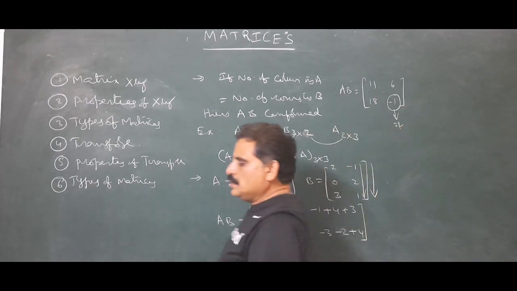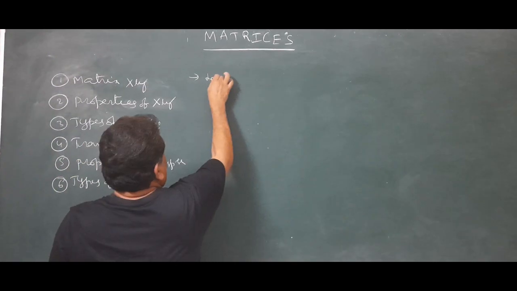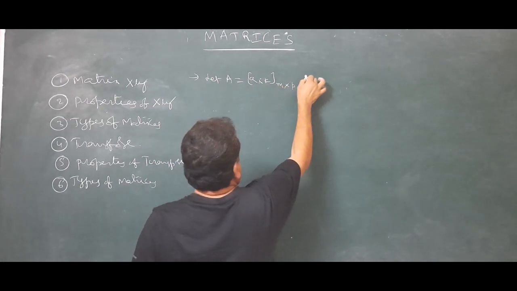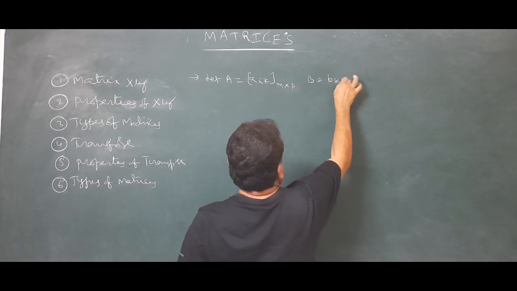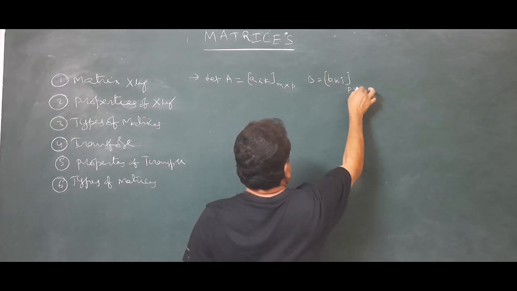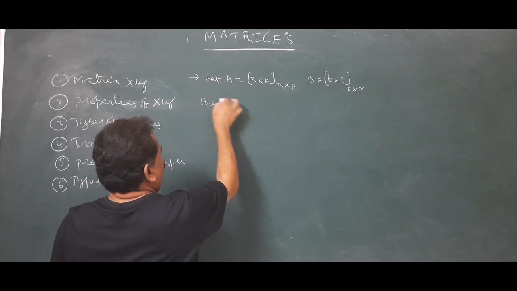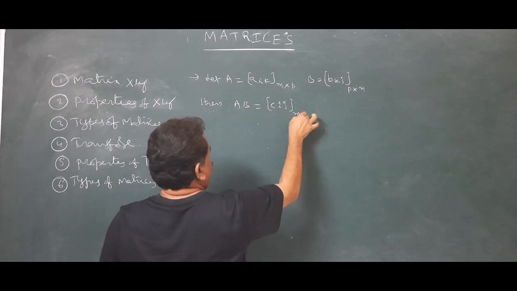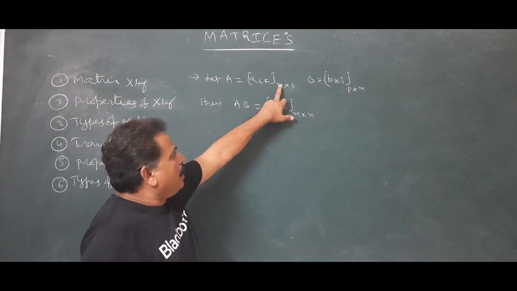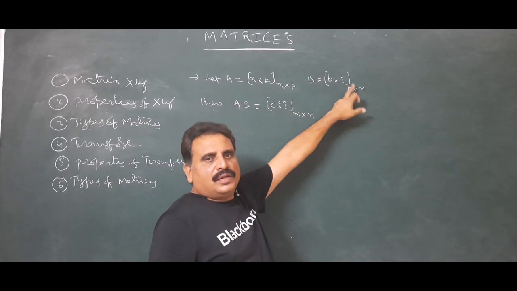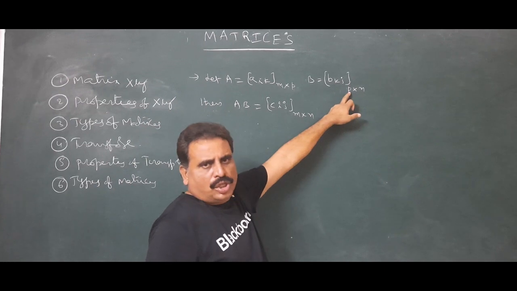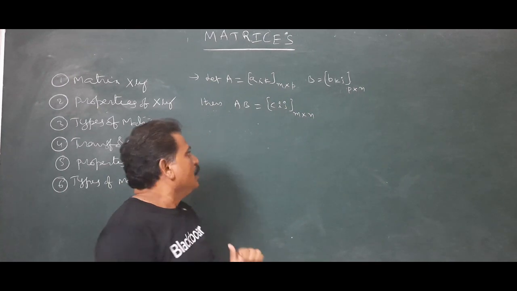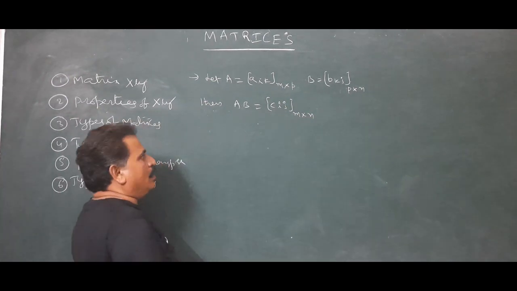Now we are going to the general matrices. A equals Aik of order M by P, B equals Bkj of order P by N, then the product AB equals Cij, whose order is M by N. Look here, M by P and P by N. P is equal in these two, the number of columns in A equals the number of rows in B. So the product is confirmed. AB is Cij of order M by N.